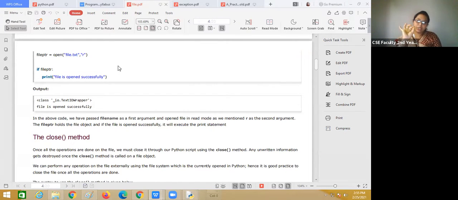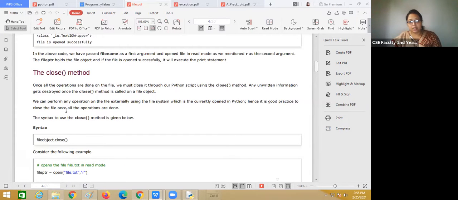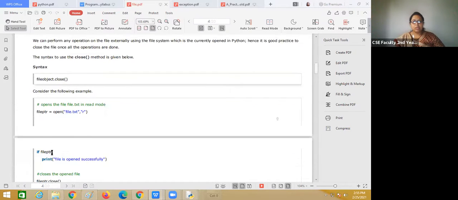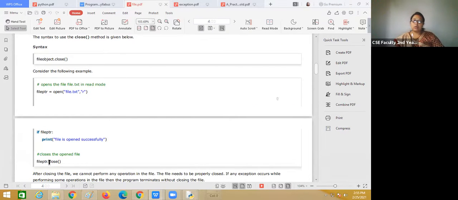It gives us the confirmation of the existence of the file. We are not giving any details to the file or taking any details from the file. And if you are going to close that file, you have to write file dot close.